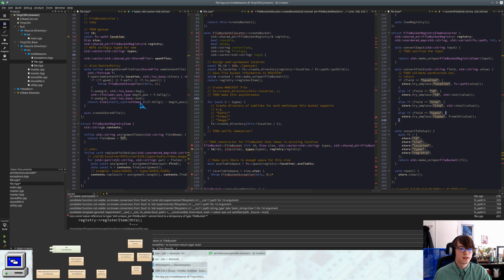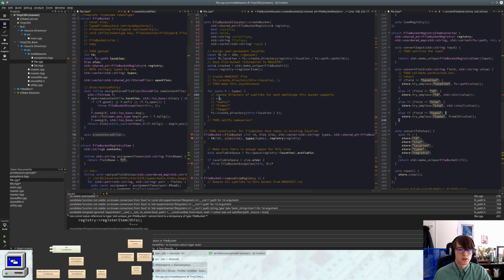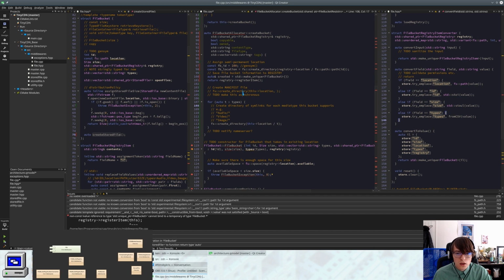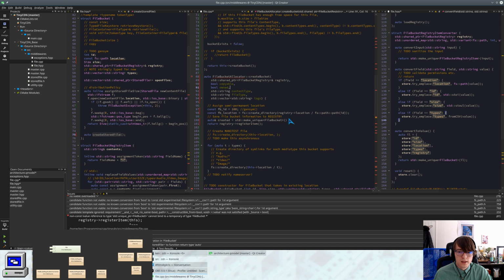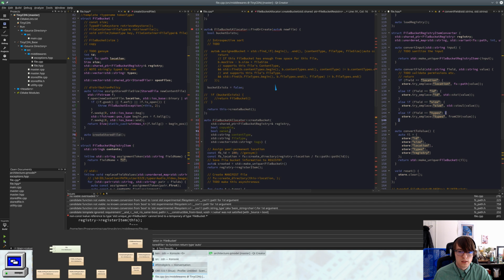Okay, let's see, so create sort file. That's a different method. Alright, so auto created will create our file bucket with the params that we give it. Size. Is this going to be a default size, I guess, for now? So let's go ahead and, how do we do this? We will